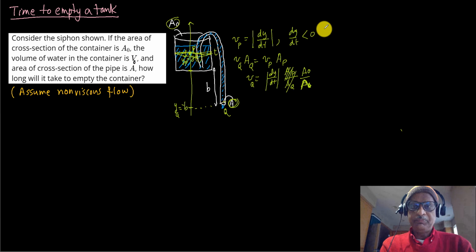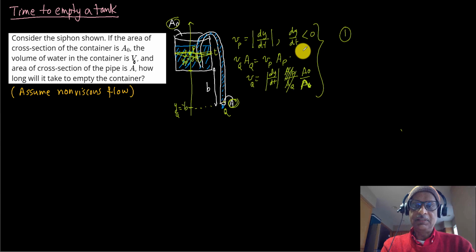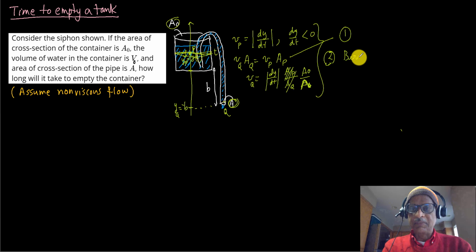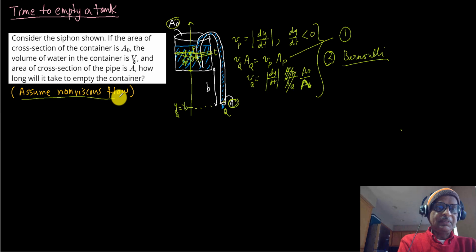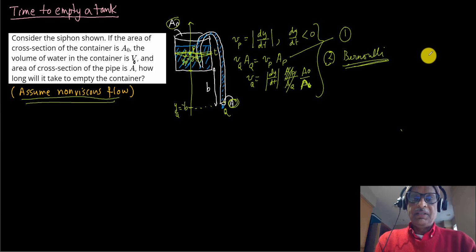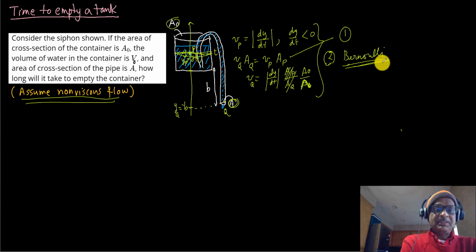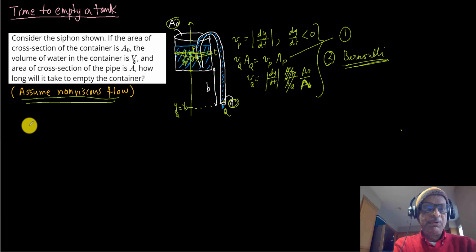Okay, so one of the equations we will have is the conservation equation, which is this equation, and the second equation we'll have will be the Bernoulli equation, because we're going to assume there's a non-viscous flow. So how do we set up the Bernoulli equation? I'm going to set it over here. Bernoulli will be